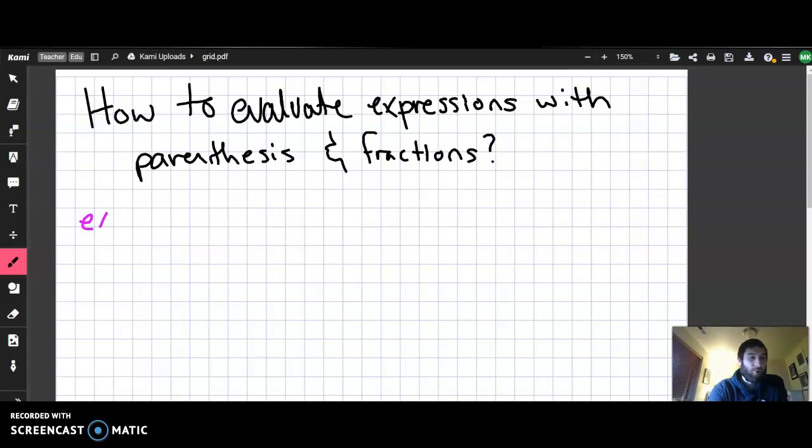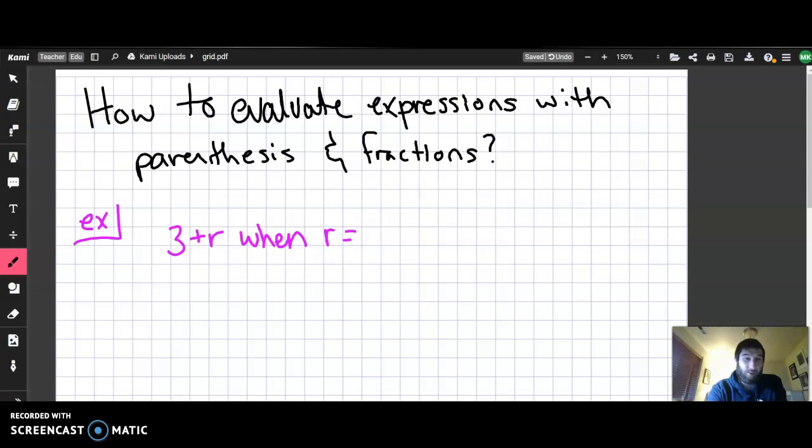Let's just start with an example. We're working with 3 plus r. We don't know what r is. We know we have the 3 there. As it is, this is as simple as it can get. As an expression, it cannot be combined anymore. We cannot do anything else with it. But as soon as I say when